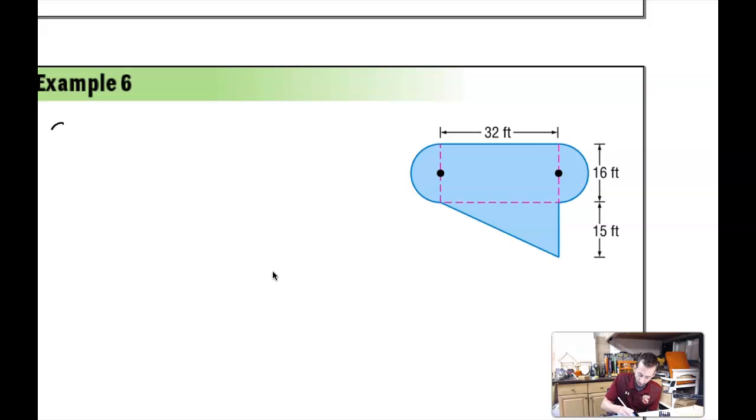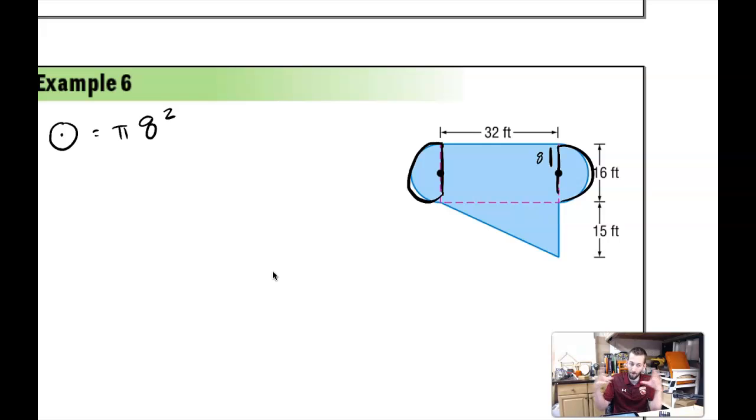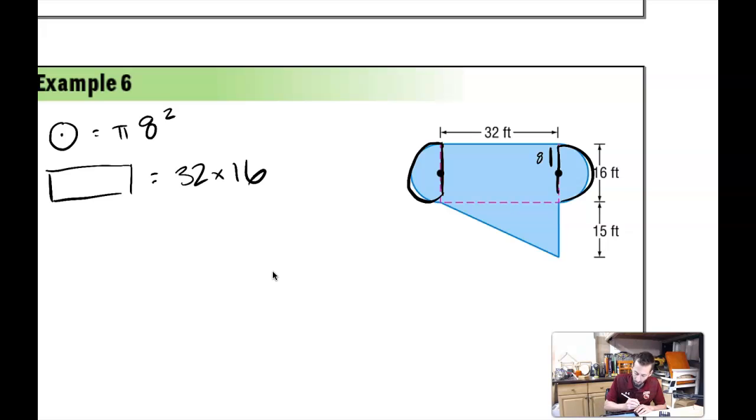We actually have a circle, these two pieces together. So you have to find the area of the circle. Pi times the radius squared, and the radius of that circle happens to be 8, half of 16, pi 8 squared. There's one circle, the two halves put together. There's a rectangle, and the area of that is base times height, 32 times 16. And then there's a triangle,